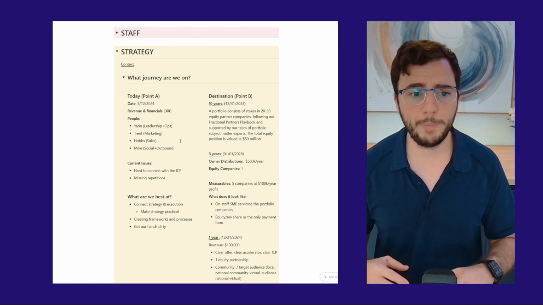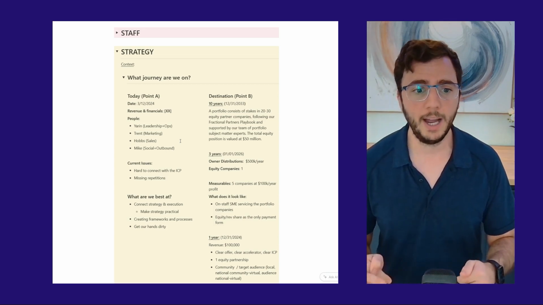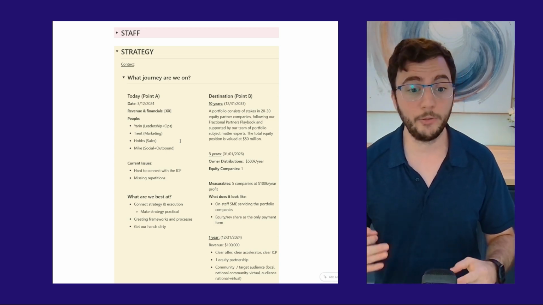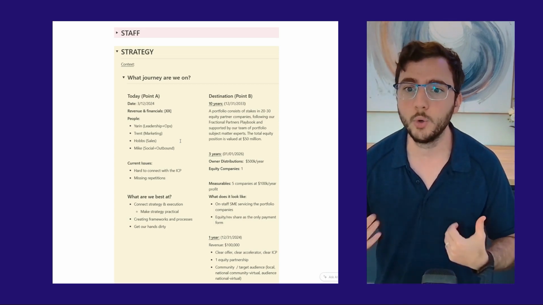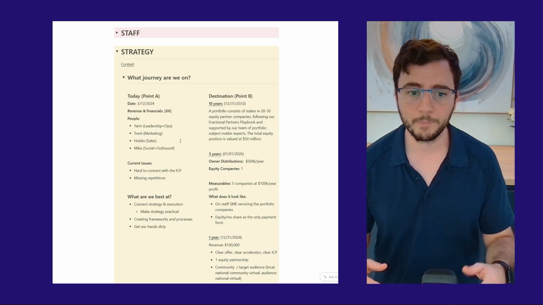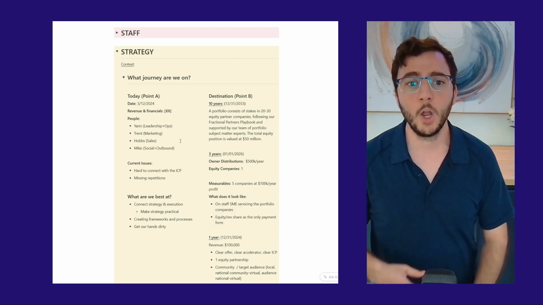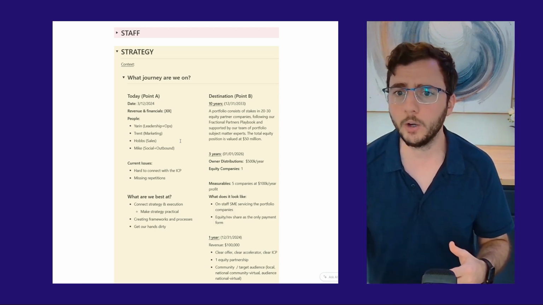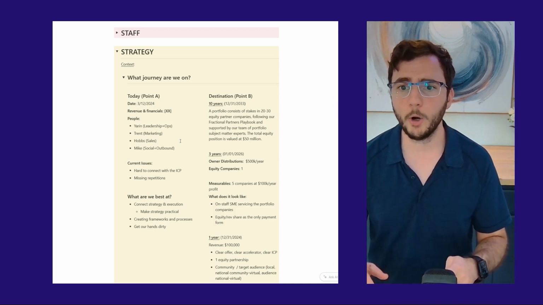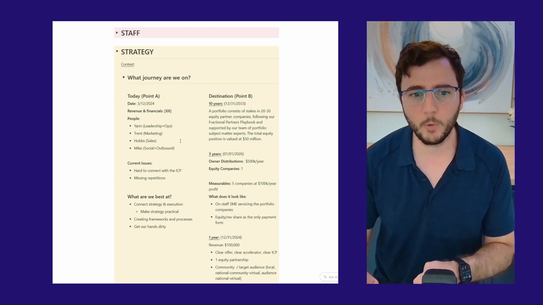We identified that what we're best at is connecting strategy and execution and making strategy practical. We're really good at creating frameworks and processes, and we like to get our hands dirty. So we like to do the work with the people that we help. That's our home base. That's the analysis that we've done. In 10 years, we have lofty aspirations. We want to have a portfolio of 20 to 30 equity partnerships. We want to be fractional partners in the companies that we work with.